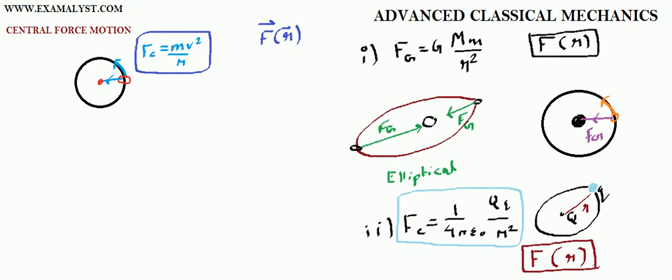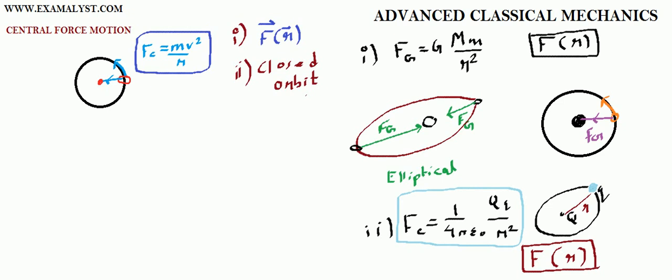Agreed? So two important things about central force. One, the forces are a function of radial distance, and second, central force is responsible for creating closed orbit motions. By closed orbit motions, I mean the motion will be such that one object will be at the center and another will form a closed orbit around the source, like the earth forms a closed orbit around the sun, may it be elliptical, may it be circular, whatever.